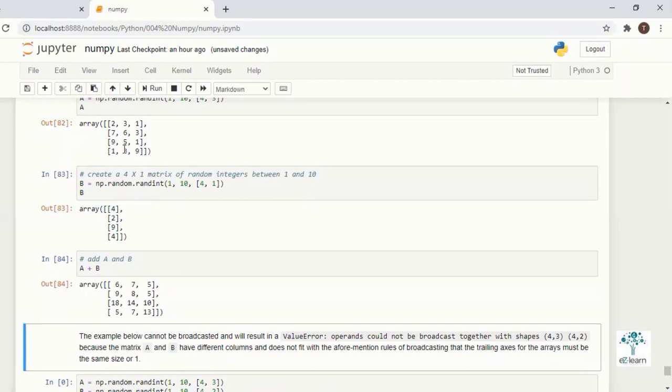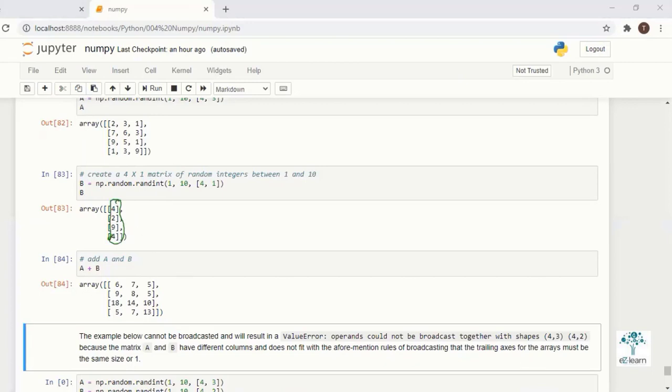If you see here, 2 plus 4 is 6, 2 plus 4 is 6, 3 plus 4 is 7, 1 plus 4 is 5. All of them get applied, because the element size is 1 here, so it gets broadcast to the other 2 columns. That's why it gets added. The condition is that the axis size should be 1.